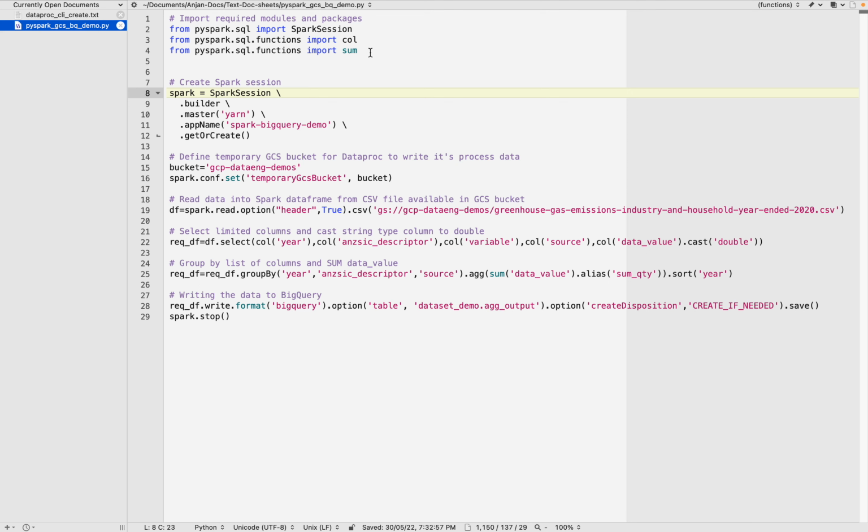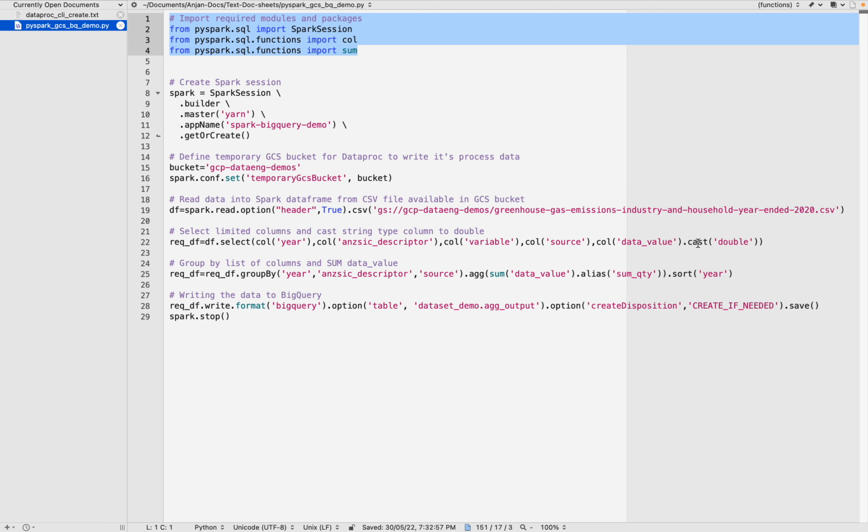The initial step is importing your required modules, and you are opening up a Spark session, and then you have to mention the bucket name where you are trying to stage your input data and also code. This is our bucket which is already available, and you also have to configure that bucket so it is known by the Spark session. Here this is the step where I'm reading this greenhouse emission related CSV file data into my RDD, and then I'm